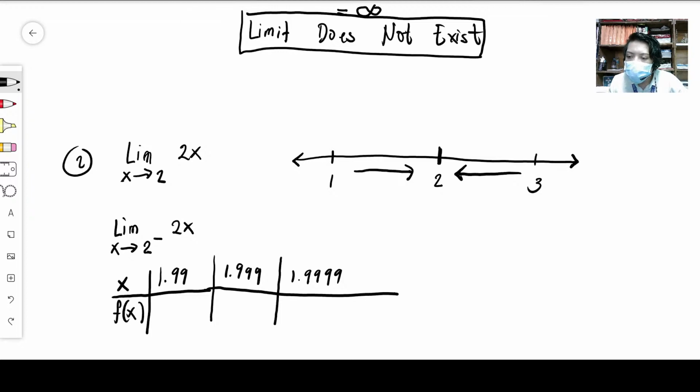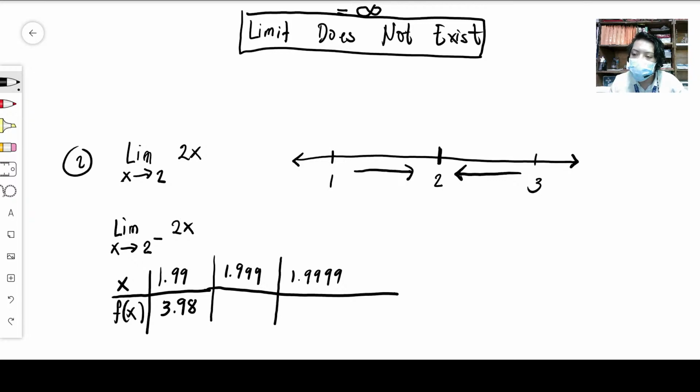So this will be 2x as x approaches 1.99. The value is 3.98. Now when the value of x is 1.999,